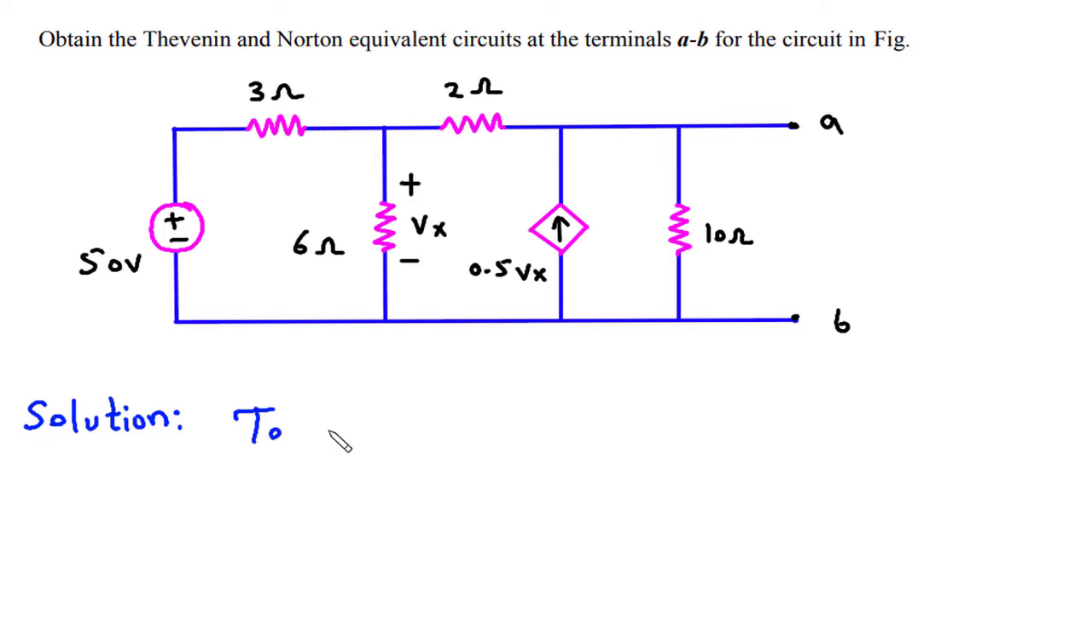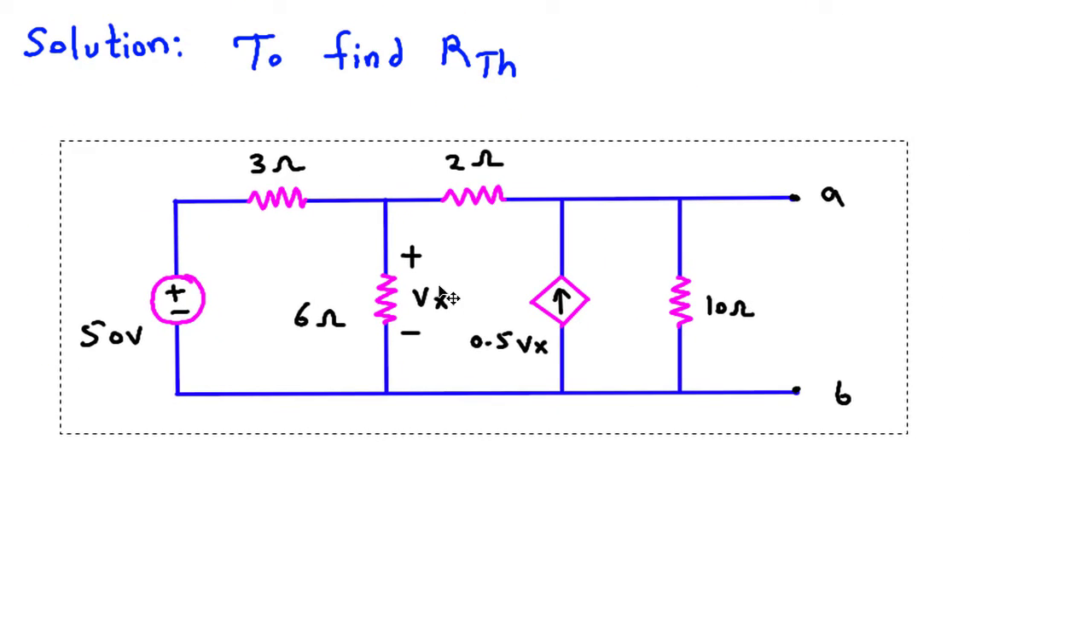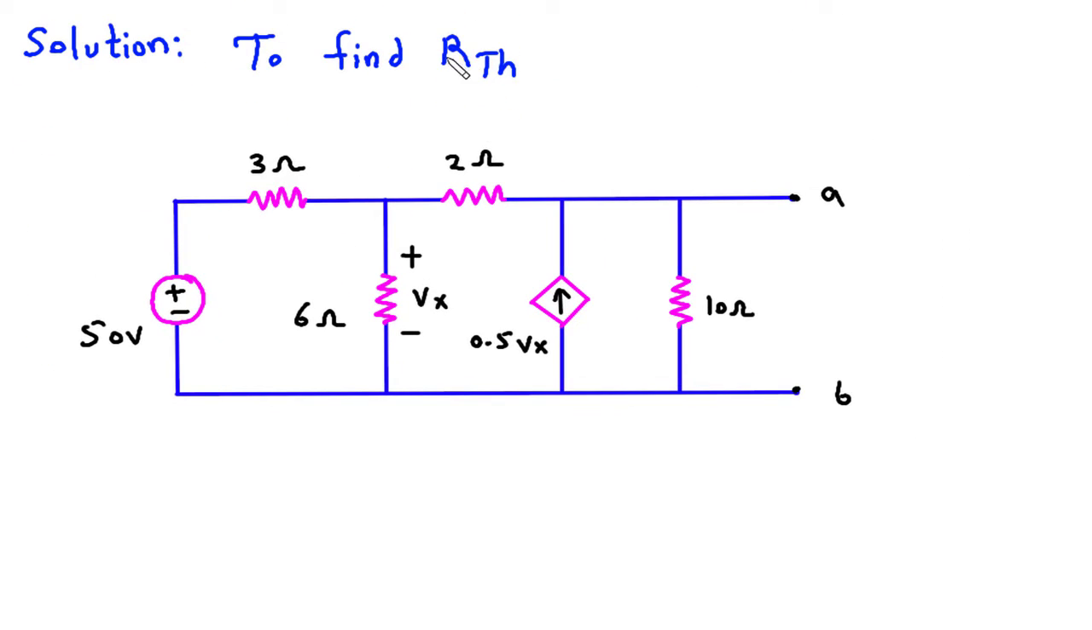So to find RTH, we will turn off all the independent sources. This is an independent voltage source, so this will be turned off and short circuited. This source is dependent, so we will keep it as it is. This will be RTH. Now here there is a dependent source, so to find RTH we will consider a 1